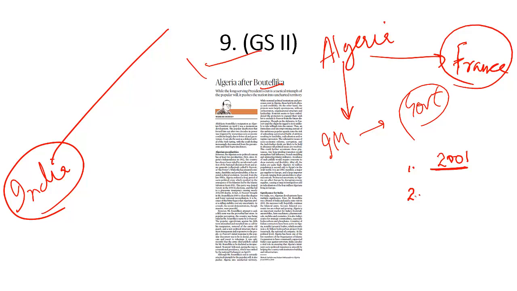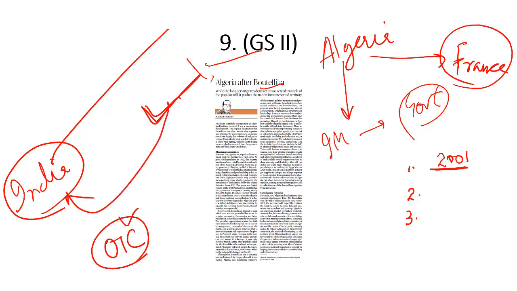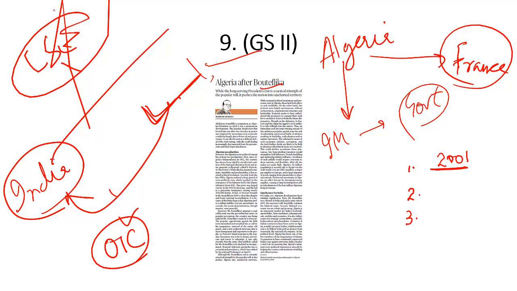And it's important to note, point number 3, that Algeria is a member of the Organization of Islamic Countries or Organization of Islamic Cooperation. But Algeria has consistently supported India's case against terrorism. So that is why what is happening in Algeria will have an impact on India, and since it will have an impact on India, that makes it part of our civil services examination syllabus. That is what you need to understand from this newspaper column.